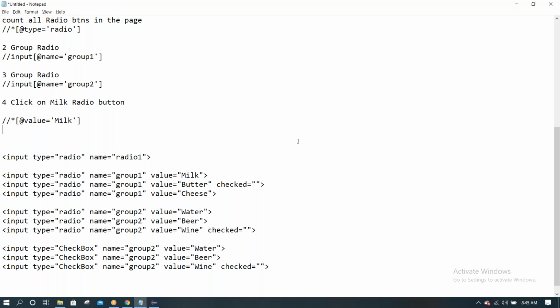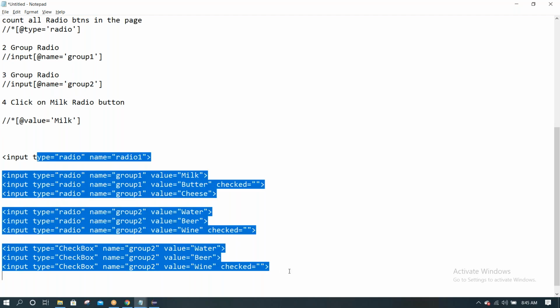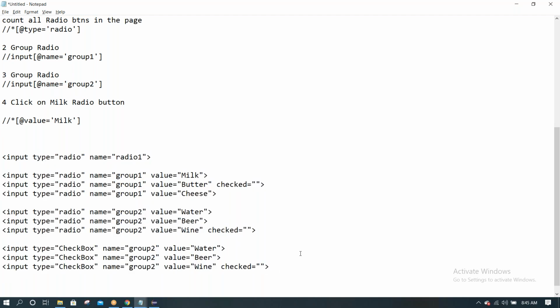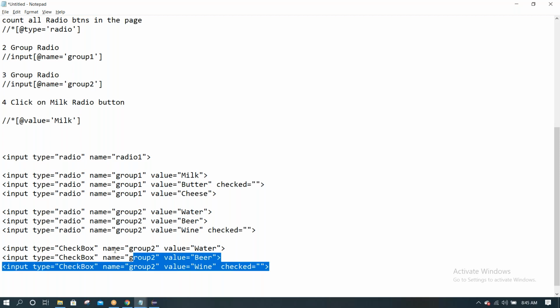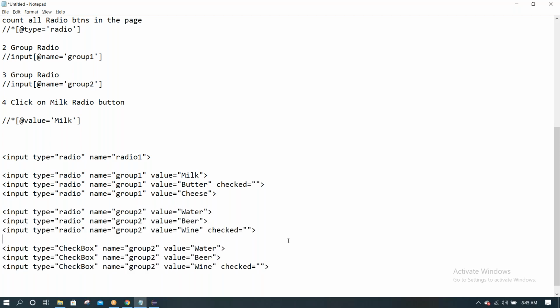Okay, now there could be another chance. If it is like this, only radio buttons are there, this scenario will fail. Third group radio, if it is like this, there may be checkboxes also.